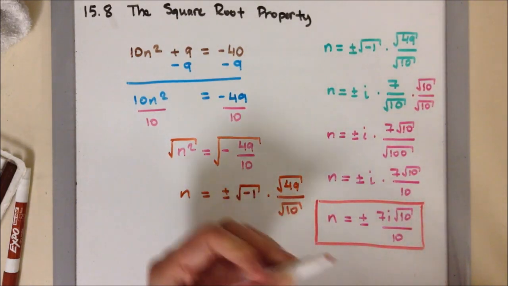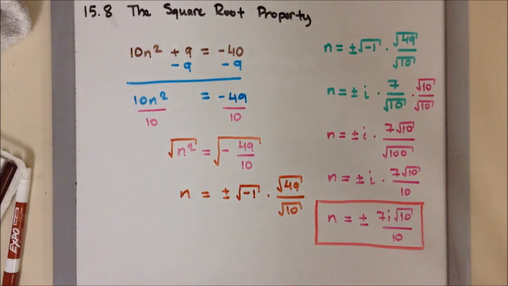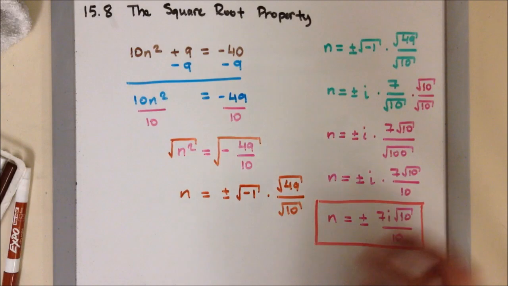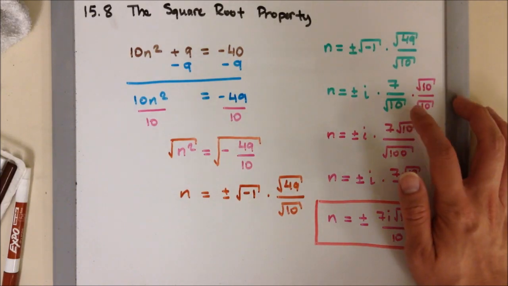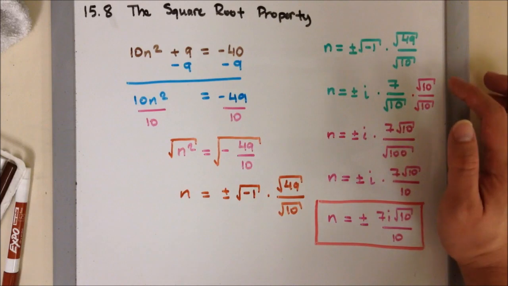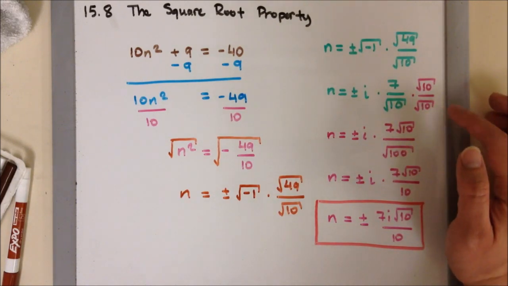So for this example, we were working with negative numbers, so therefore that's why we have i in our final answer. But at the same time, we had a radical in the denominator. So whenever you have a radical in the denominator, you have to rationalize just like how I did over here. I multiplied the numerator and denominator by the radical that we have in the denominator. So if I have square root of 10, I'm going to multiply top and bottom by square root of 10,